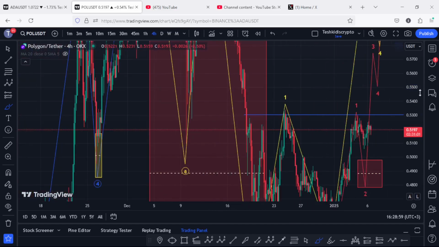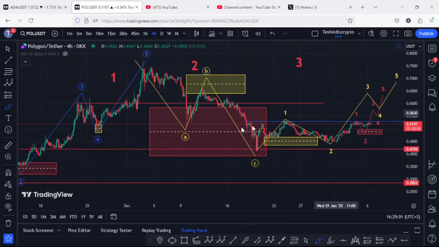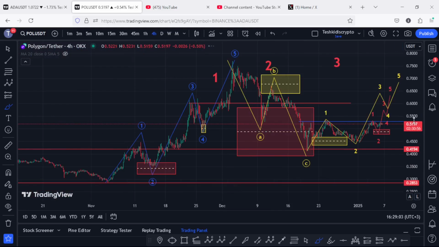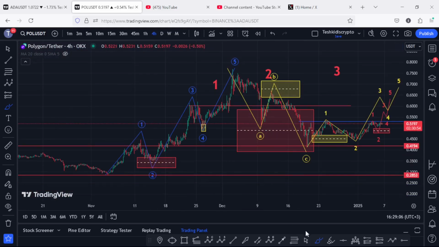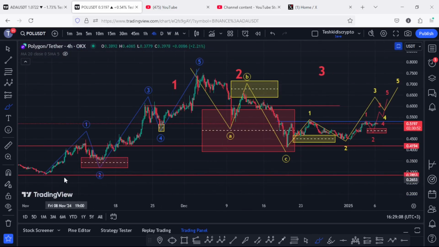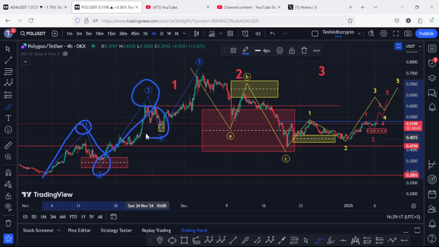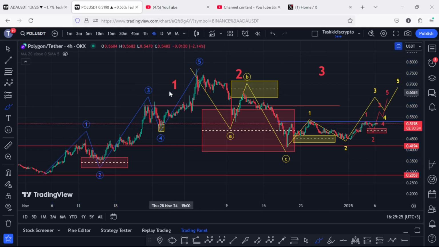Zooming out on the charts to also give you my long-term perspective of this chart from the lows we made on the 4th of November, I believe that we started an impulsive movement to the upside, where we first peaked impulsively in the formation of this wave 1, so a pullback in a wave 2, a bounce in a wave 3, a wave 4, and then finally peaked in the formation of these Deriv count 5, giving us a high above the 0.77, and that 5 wave structure to the upside completed the formation of these larger Deriv count 1,